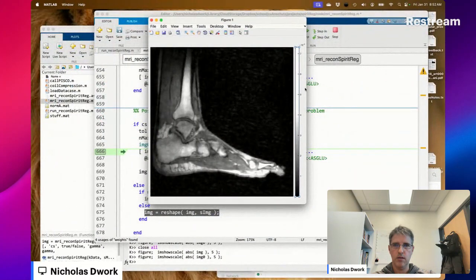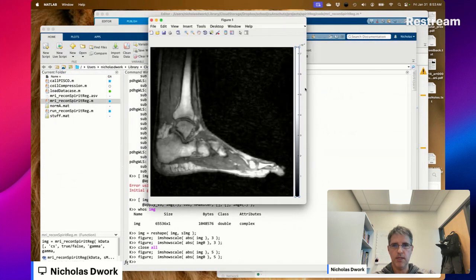See? Compressed sensing is less noisy. Pretty much what I expected. Is that good?